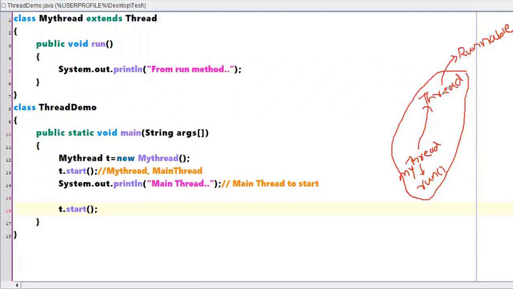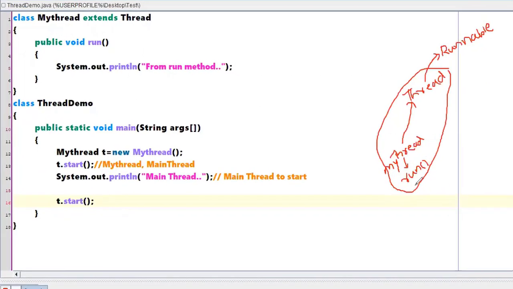We have extended a thread class, right? So by extending a thread class, we were implementing this particular run method, right? Now what I am saying is this was one approach, right? So what has been done in this approach is there is an interface called runnable. That interface has been implemented by the thread class, and you were extending that implemented thread class.